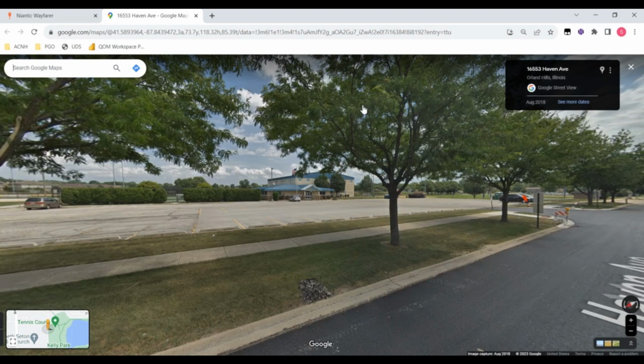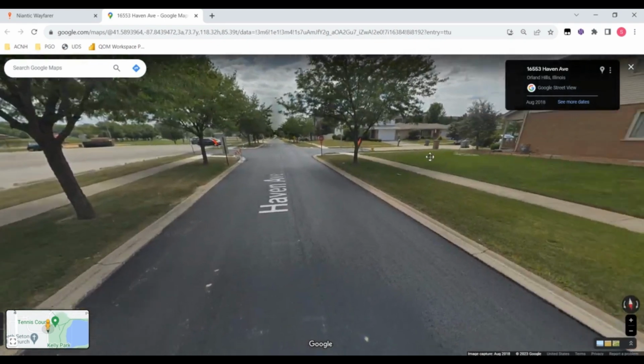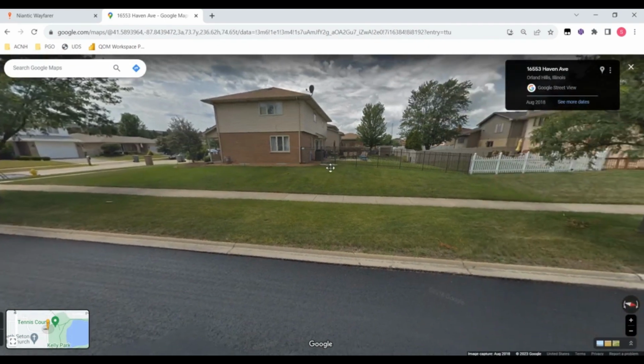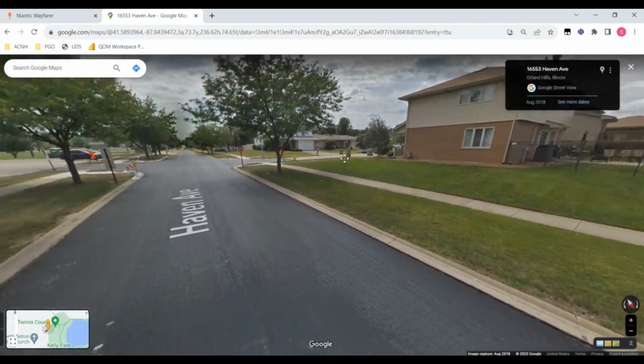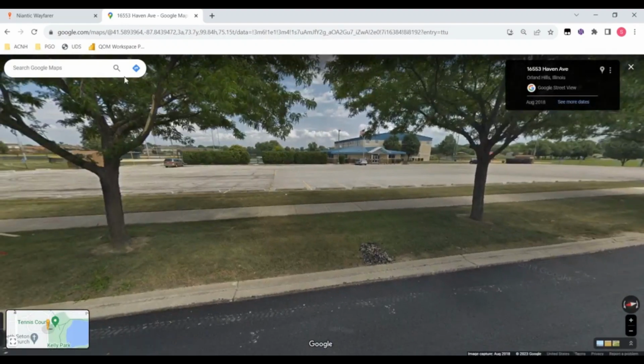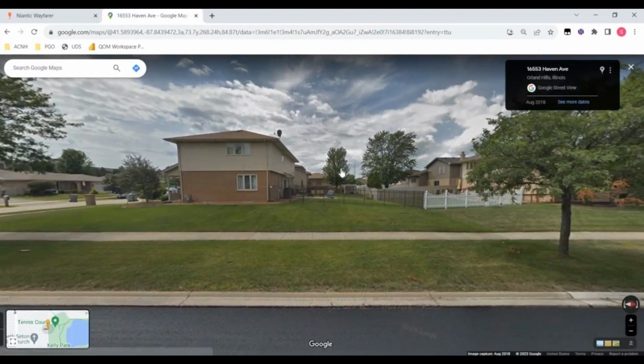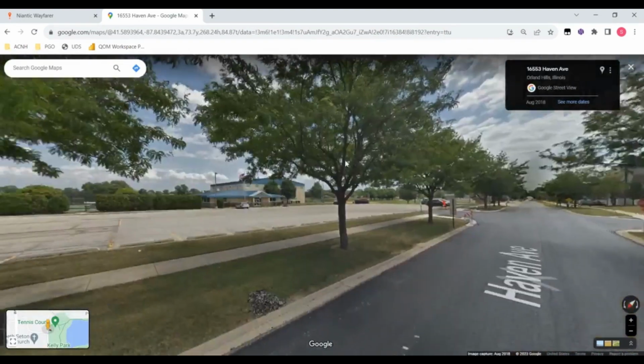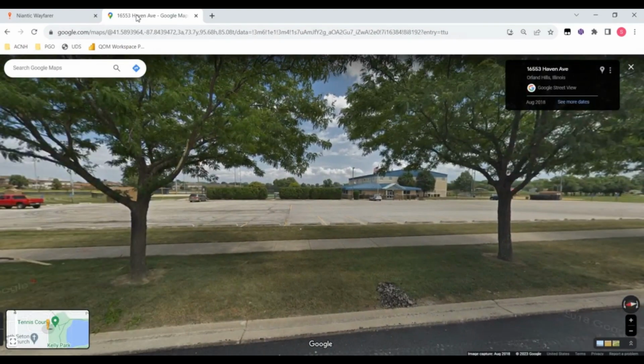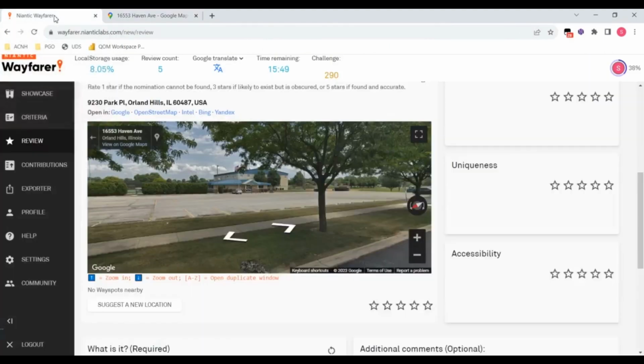Now I've got a little bit more trepidation about this, because 2018, things could have changed. I don't think things have changed that much. This looks like a fairly stable area. Those houses don't look like they're dilapidated and looking to be demolished. So I doubt that those houses were taken down and a community center was put up. So